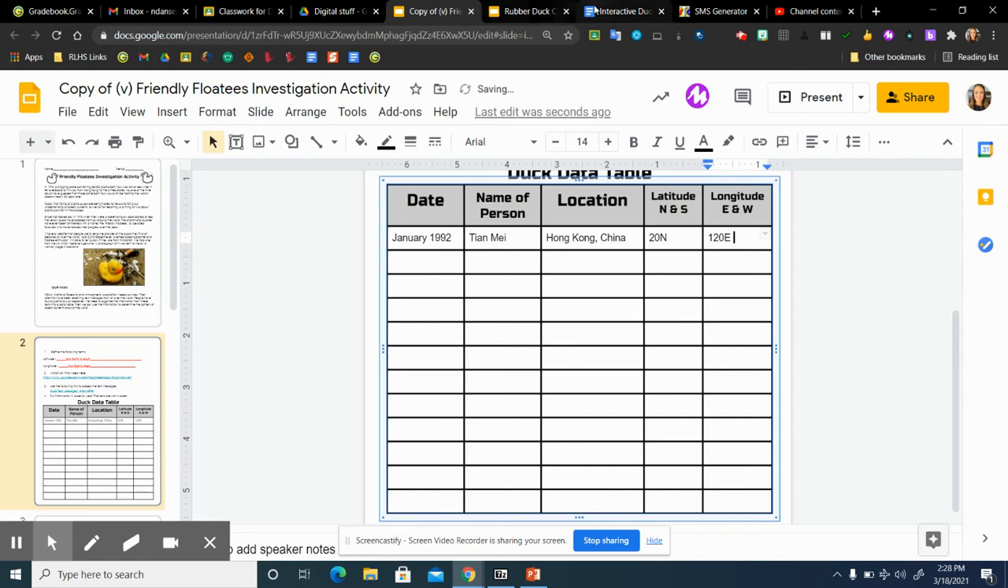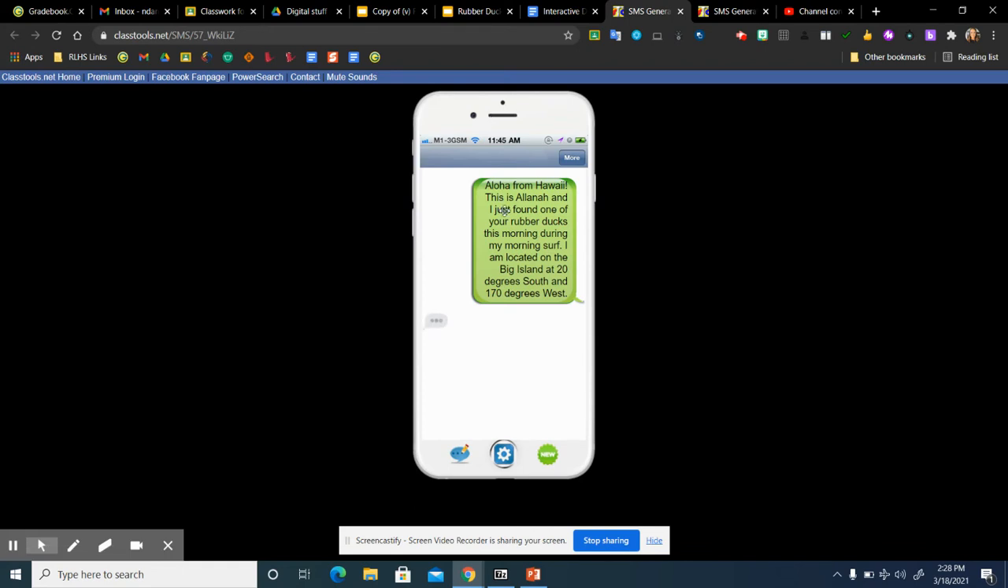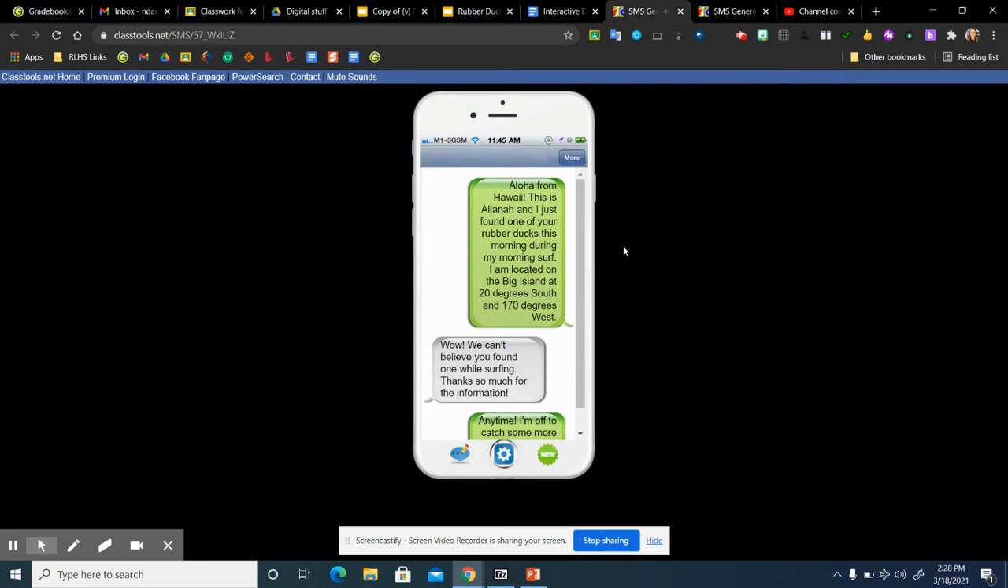And you're just going to continue through these text messages. So the next one, when you bring it up, it's going to say something new. You might have to scroll on the side to see